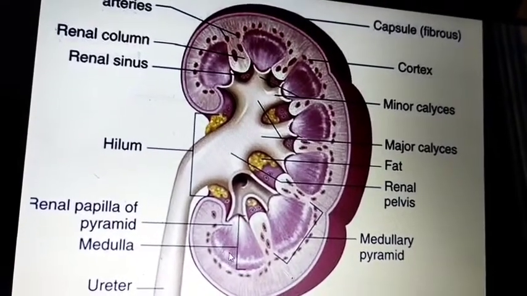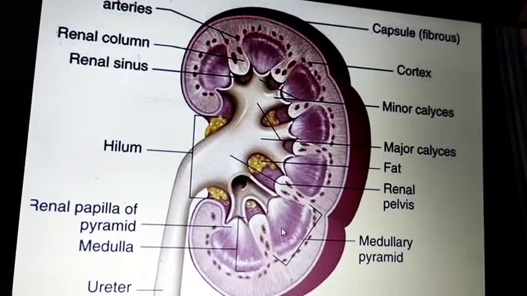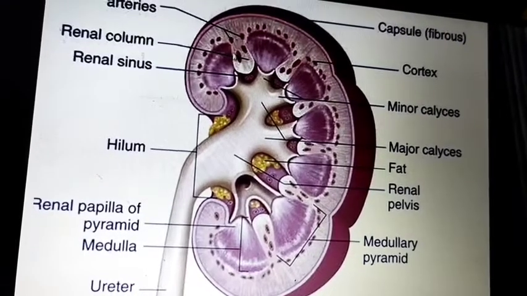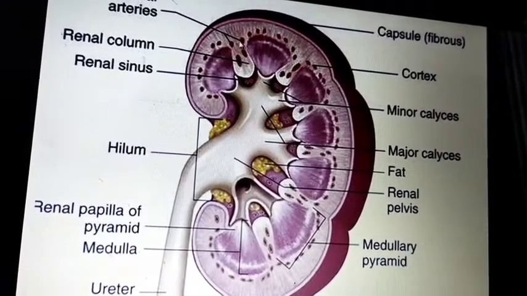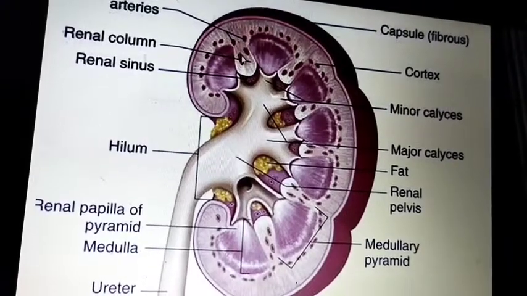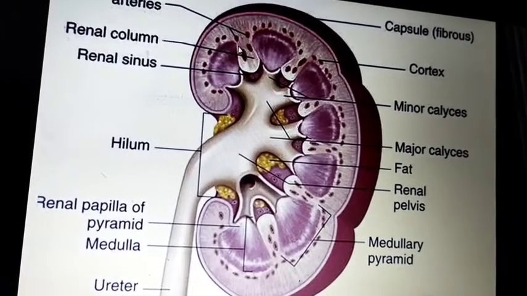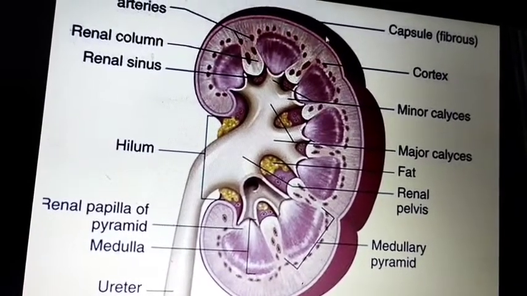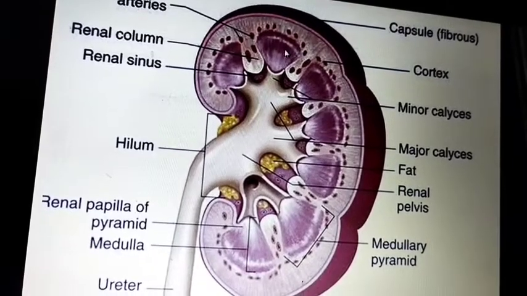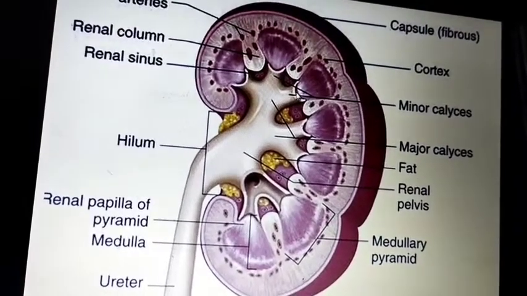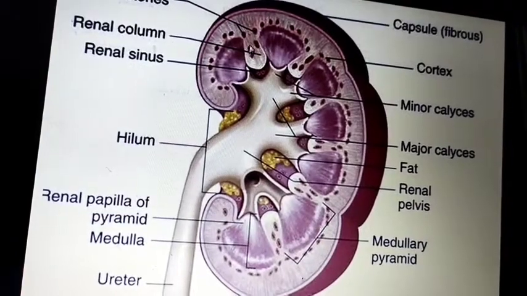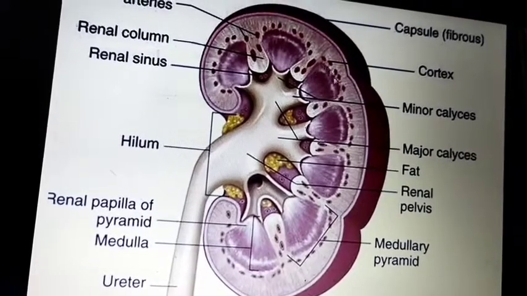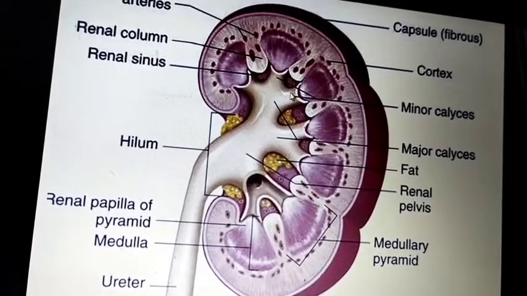These are the medullary pyramids. In between the two pyramids there is a gap, called a renal column, and these renal columns have the interlobar arteries and veins. The capsule, cortex and medulla mainly contain the pyramids, and between the pyramids there are the renal columns. Pyramids are triangular in shape and have a base and an apex that opens into the minor calyxes.